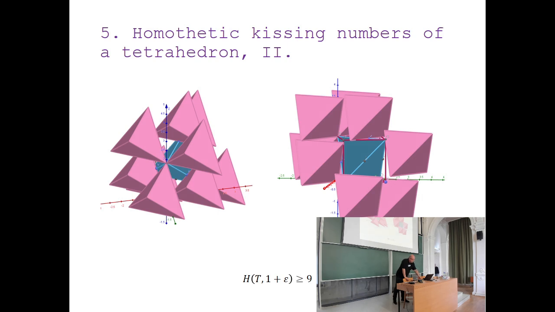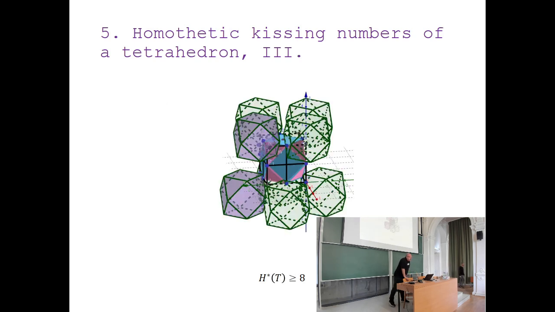Okay, and my last picture. This is about proofs, because it is true that when you have translative Ising number,